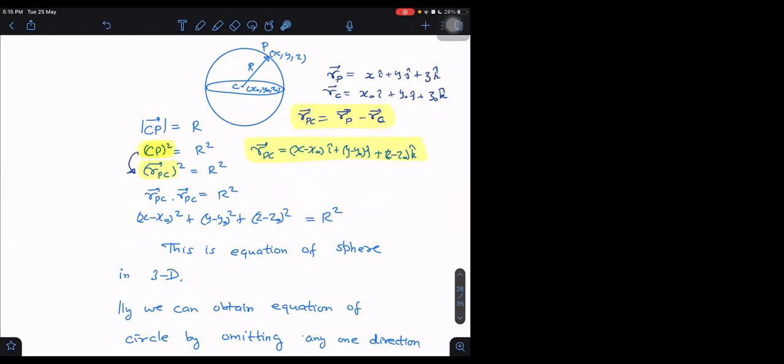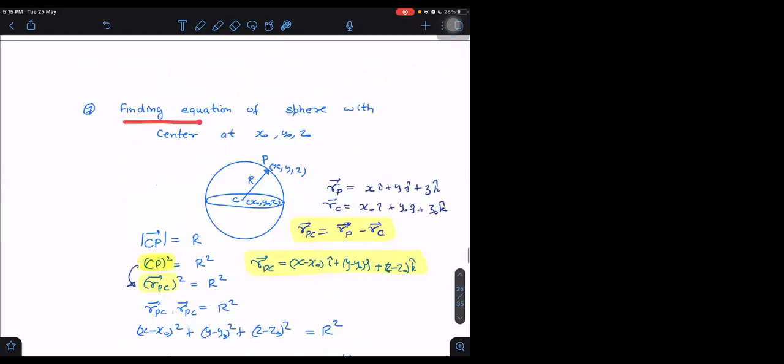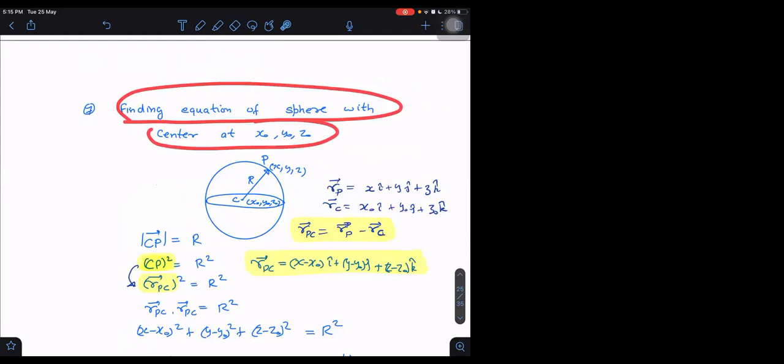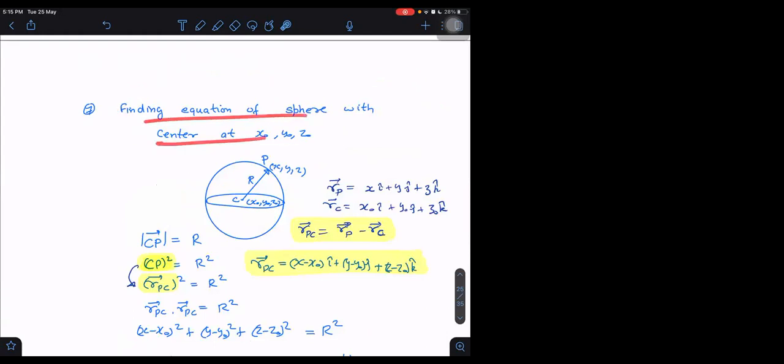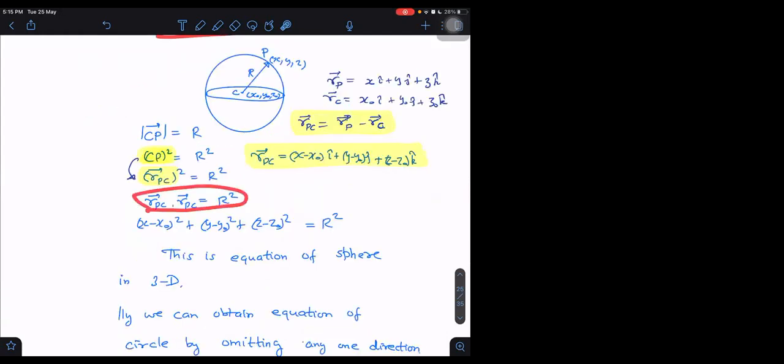So imagine the power of vectors and the power of the dot product. In fact, it is the general power of the vectors. Dot product is just useful in one place, okay? But the remaining, it is mainly about the vectors. The vectors are so wonderful that we can use them to write the equations in 3 dimensions, which normally we are afraid sometimes to write even in 2 dimensions. If we have to write it in 2 dimensions without using vectors, it will probably be a very lengthy task as compared to this.